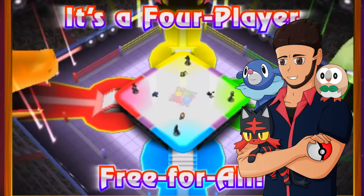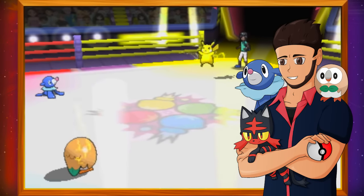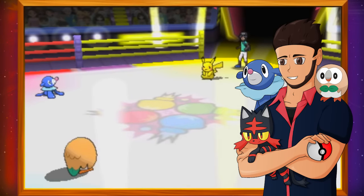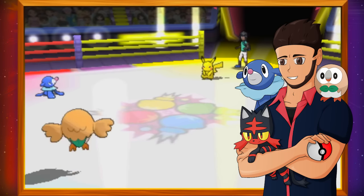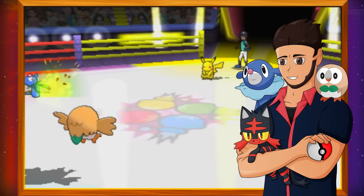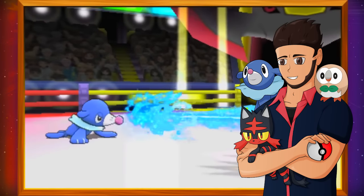This would usually result in some funny rage moments between friends and make for some great moments to be done on the Wi-Fi side of things. One of the slight drawbacks of having free-for-alls done in this method is the fact that if one side faints, the entire game is finished, meaning that if there's still 2 Pokemon left on one side only, instead of those 2 being able to face off against each other, the battle just automatically ends once one side has completely lost